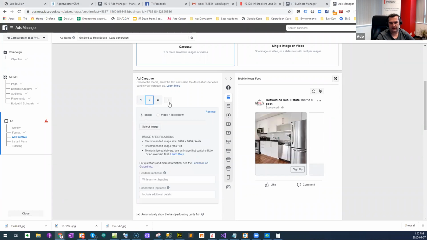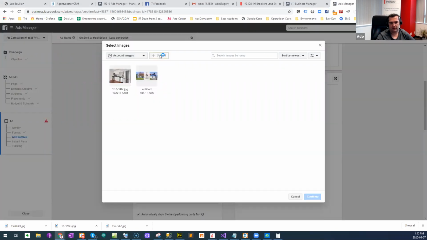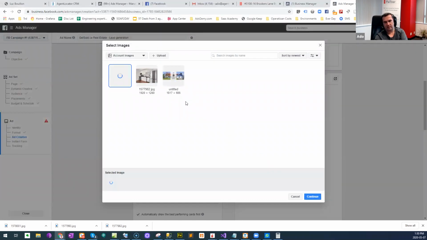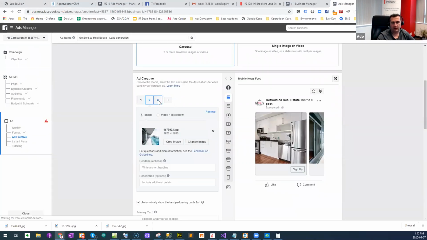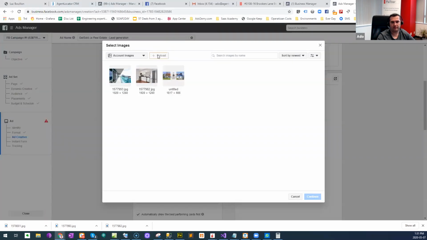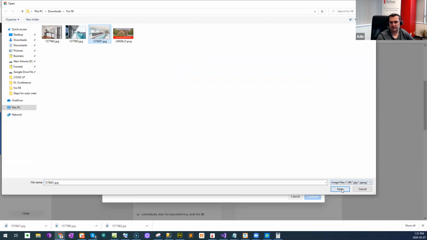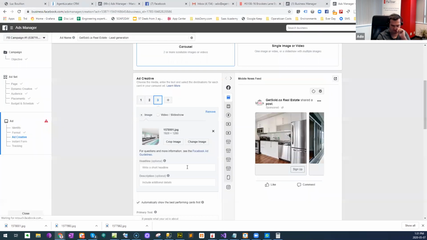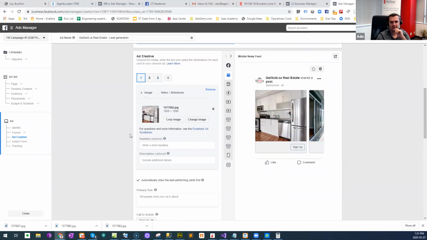All right. Let's add a second one. Select. Upload. Our second one will be the balcony. Continue. And our third, so if you see, this is where I'm clicking, guys, add creative. This is where you're putting on all the 3 different images. Select that, open, continue. Okay. All right, so let's go back to the first one,